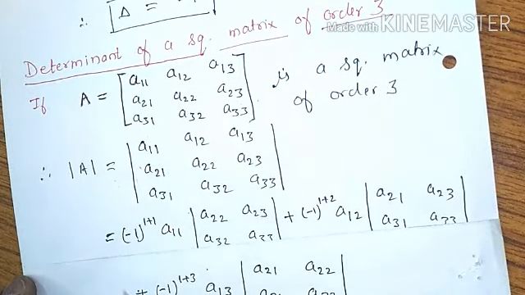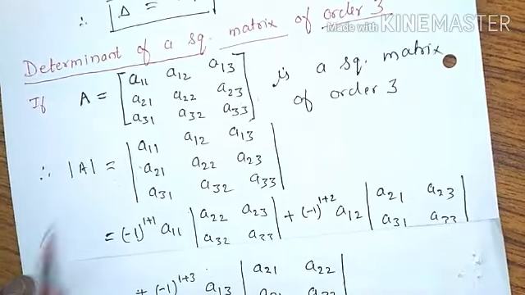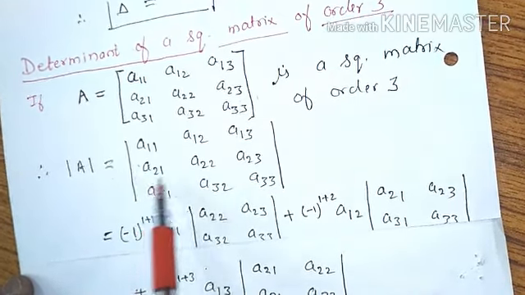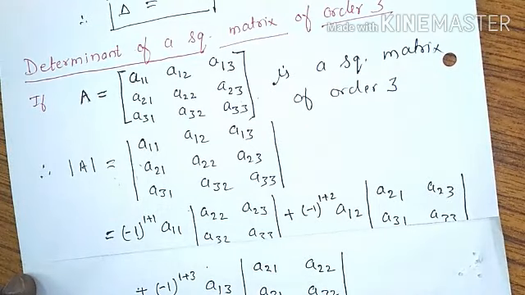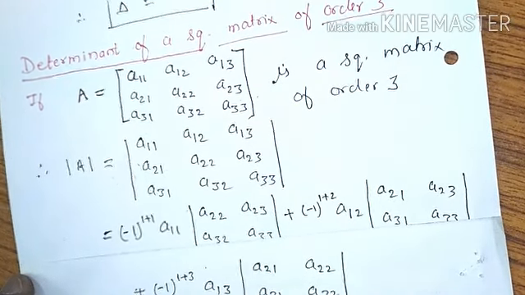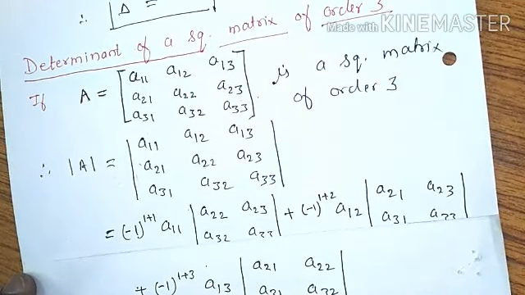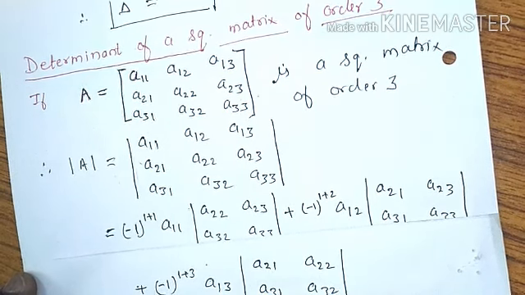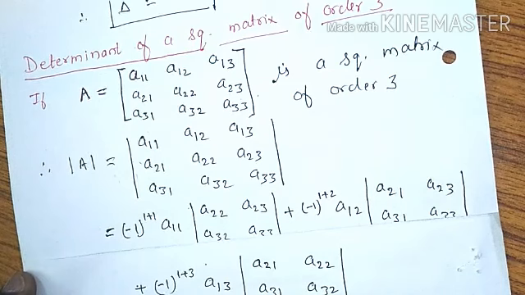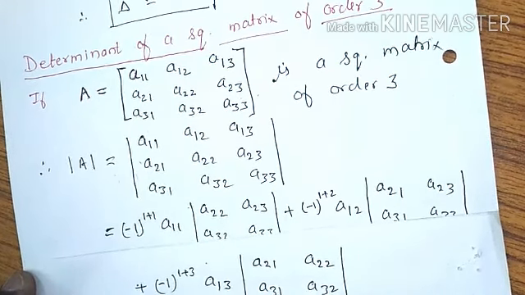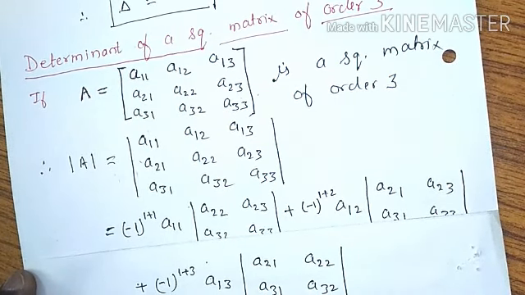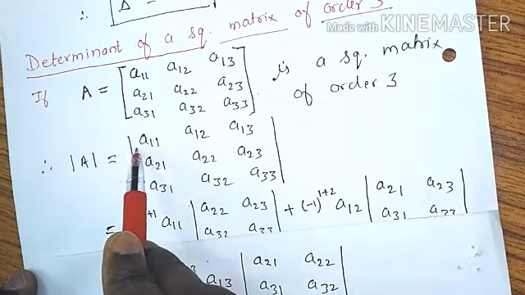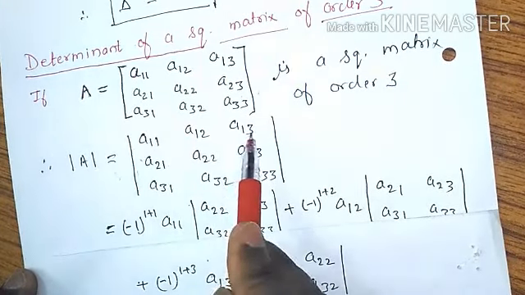So here we can find the value either by taking the first row, or the second row, or the third row. So we can find the value of the determinant by expanding. This is known as expansion of the determinant, right? So by expanding it along any particular row or particular column. So I am expanding it along row 1. Here I am expanding along row 1, whose elements are a11, a12 and a13.